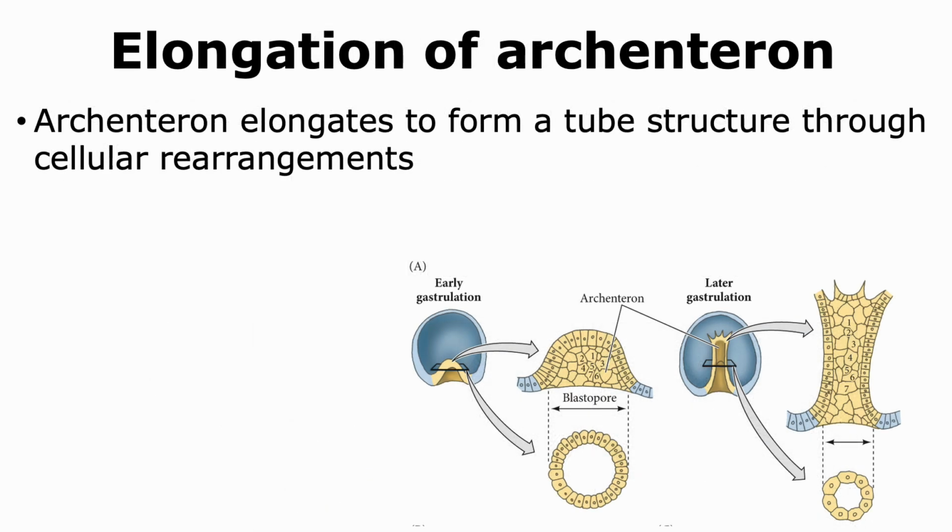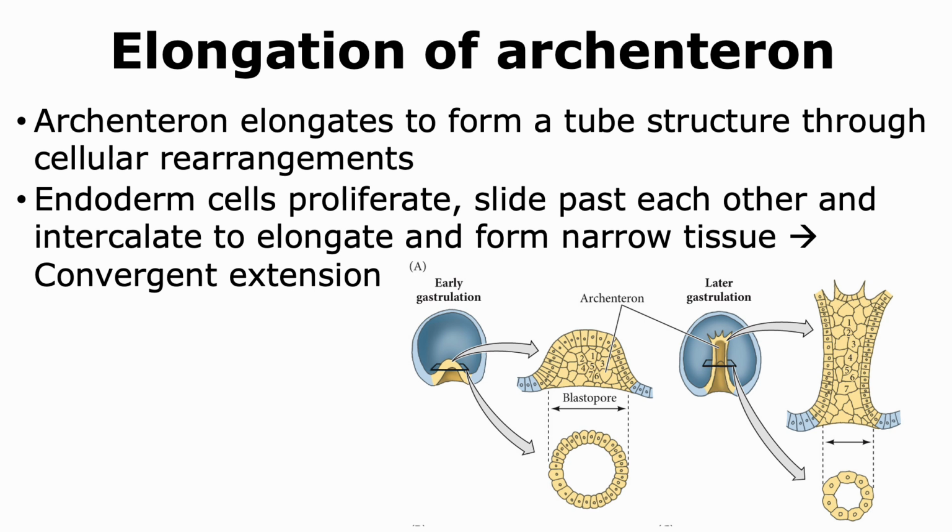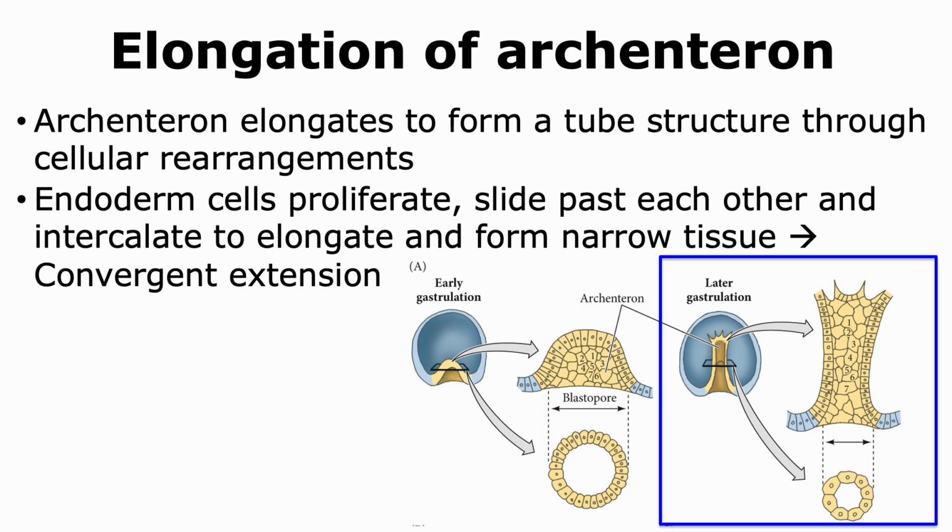Now the archenteron elongates to form a tube structure, and this process happens through various cellular rearrangements. Now the endoderm cells proliferate, they slide past each other and finally intercalate to elongate as well as narrow down the tissue. So when we look at the figure in the blue box, we can actually see that the archenteron has become longer than in the figure to the left, and it has actually become even